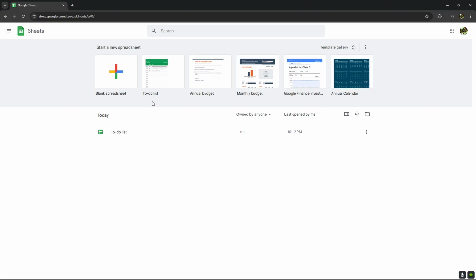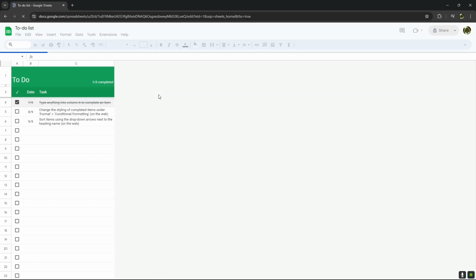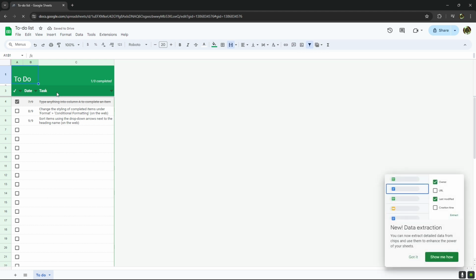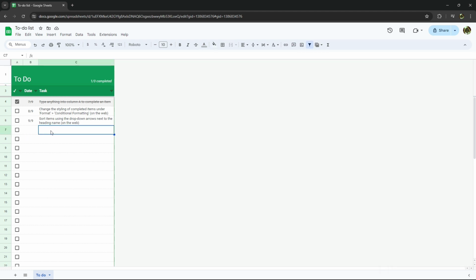Now, for example, I want to create a Google Sheet for a to-do list. So we just click on it, and after clicking, there will be this type of interface. So now, for example, I have to add a heading here, like for my work, just like for example, I